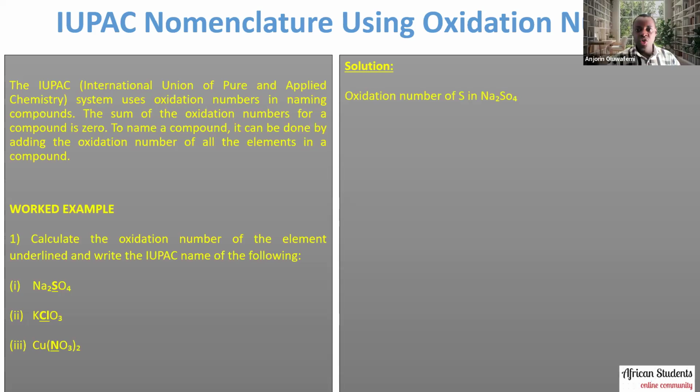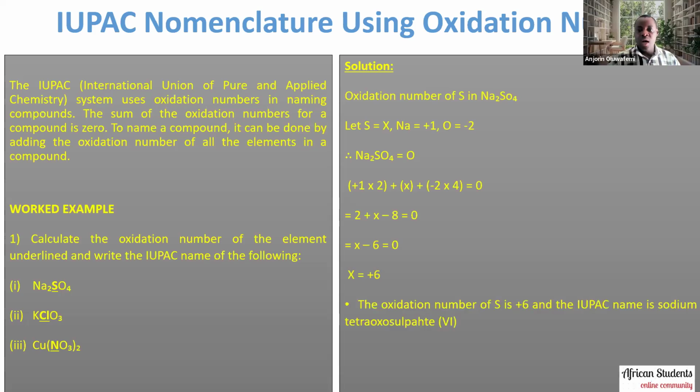For the first one, the oxidation number of sulfur in Na2SO4. The first thing is that we'll make sulfur the unknown. Let X, for xylophone, represent sulfur, and sodium is +1, oxygen is -2. We know that it's established. So for Na2SO4, when you add all the individual atoms, it will be equal to 0. And then you can look for the unknown, which is sulfur. So sulfur will be equal to what? 6, according to our calculation. So the oxidation number of sulfur in Na2SO4 is